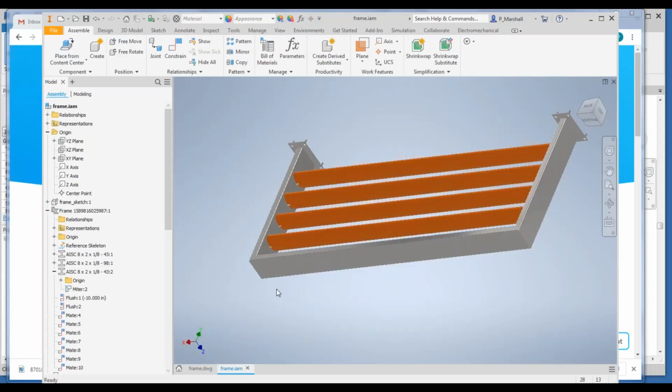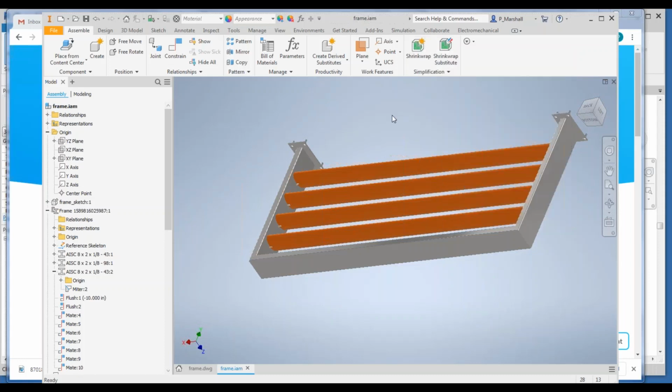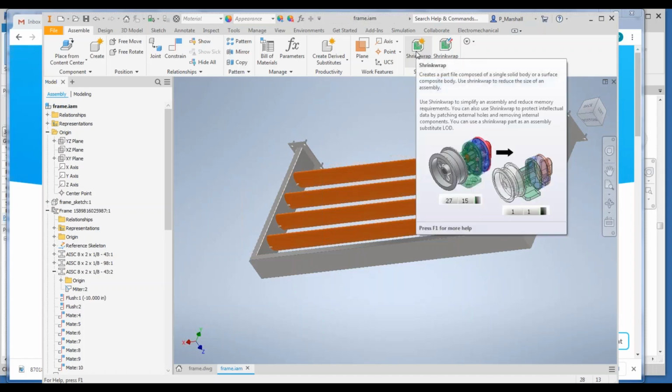All right, let's go back to the design. We need to share this model so that the architect can easily include our design in the building. In Inventor, there's the ability to directly create an Inventor family. But first, we should simplify it. The shrink wrap function allows you to create a single part from a complex assembly. Although this assembly is fairly simple with about 20 components, real-world assemblies would have hundreds or even thousands of components. So simplifying the assembly into a single part can save a lot of time and space and complexity for the geometry. So we're going to go into the shrink wrap